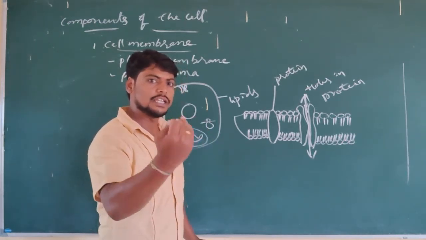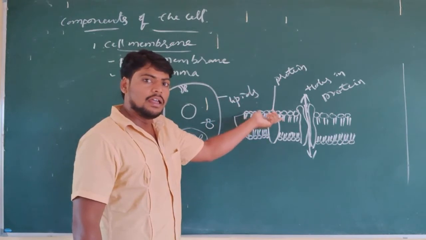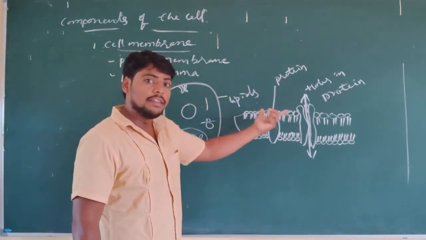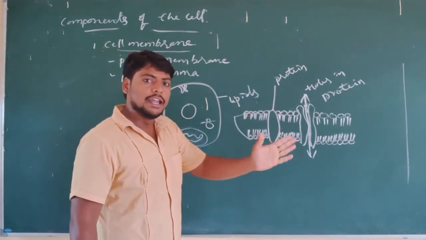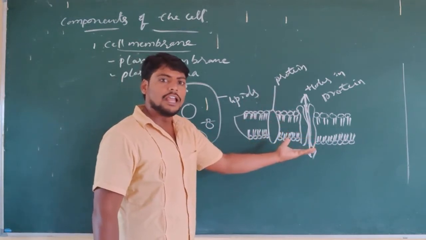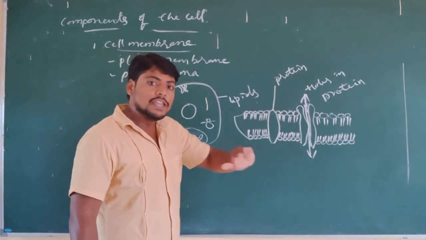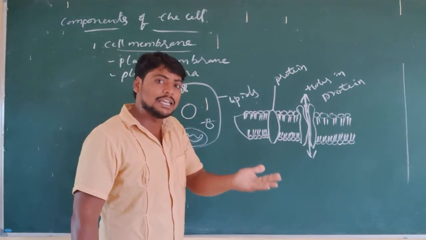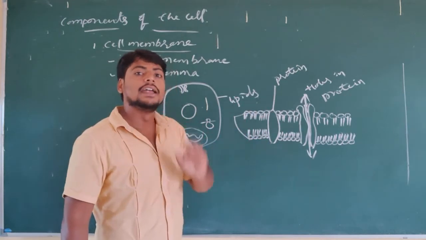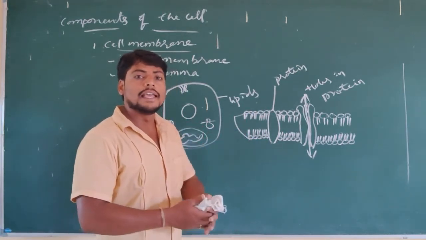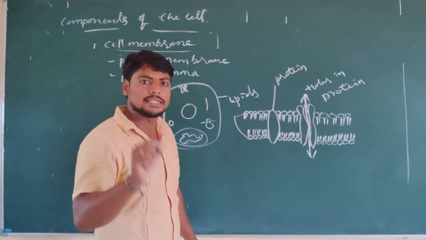During this process of exchanging gases, what is happening? The carbon dioxide produced in the body and the oxygen found outside the body are exchanged. The oxygen from outside the cell enters into the cell, and the carbon dioxide present inside the cell is sent out of the cell. This exchange of gases between outside and inside the cell is called diffusion. The exchange of gases in animals occurs through a process called diffusion.